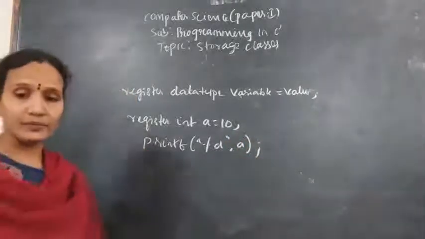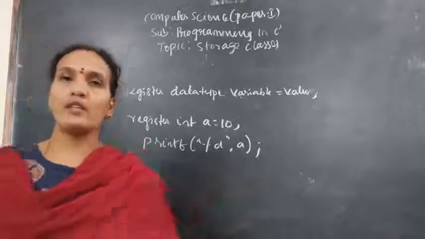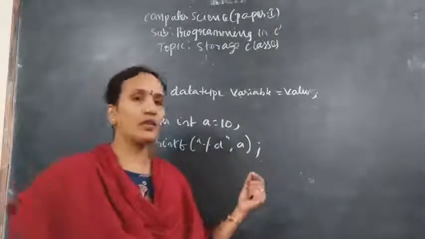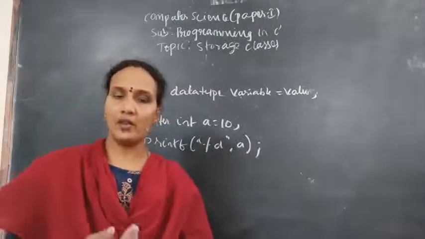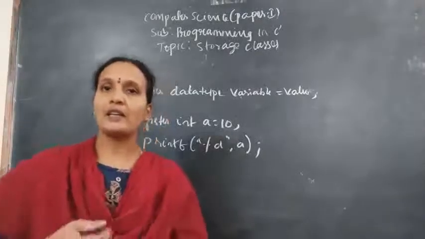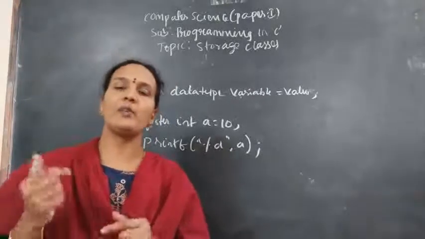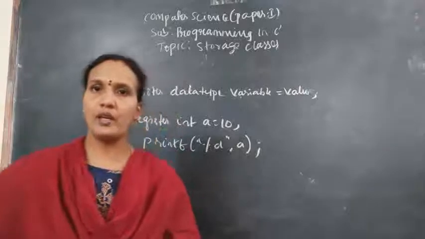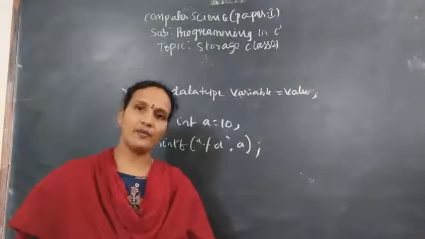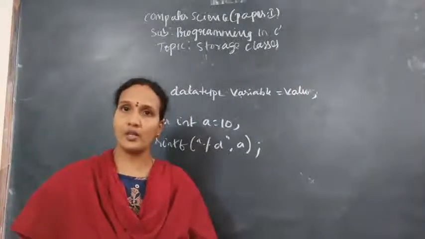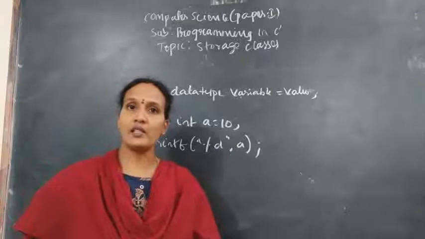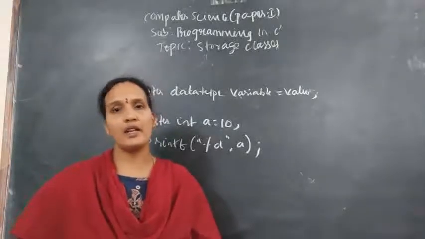Okay, so here a is a register variable, which means that whenever you declare this variable as a register variable, it will be stored in the registers. So when the processor wants to execute that variable, or whenever the processor wants to print the value of that variable, it is immediately taken from the registers and printed on the output device. These are very close to the processor. As I already said, we have different types of memory, but the one memory which is very close to your processor is registers. So if you have declared any variable as a register variable, that variable is taken very fast from the registers and printed.